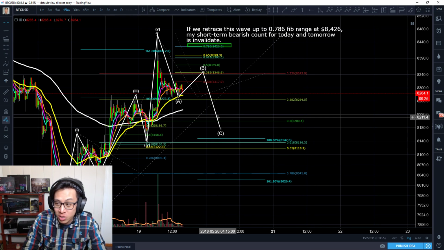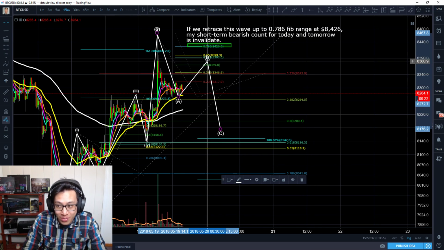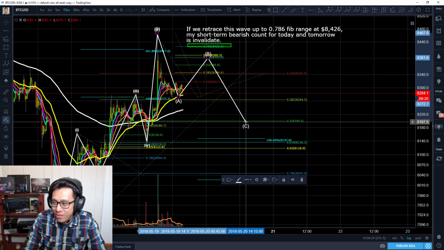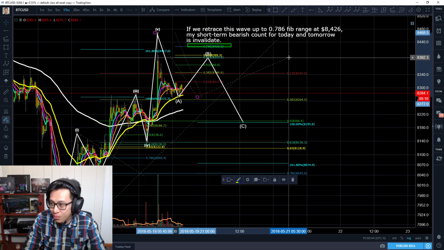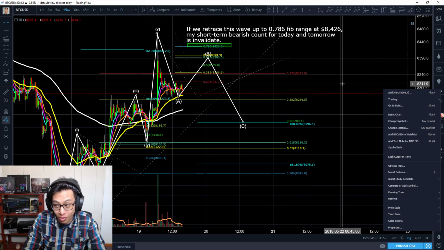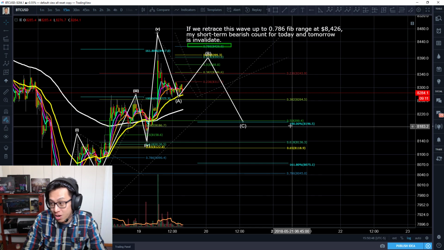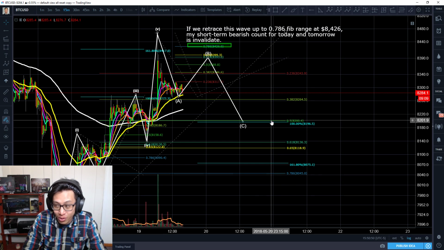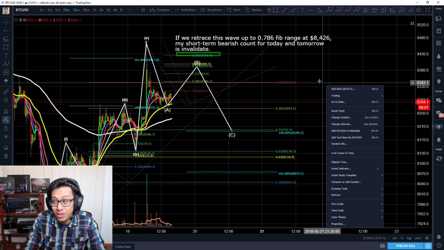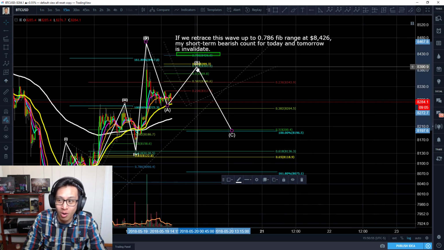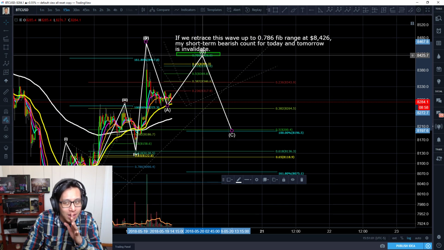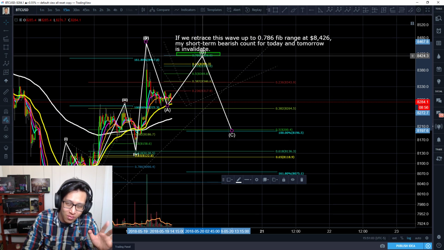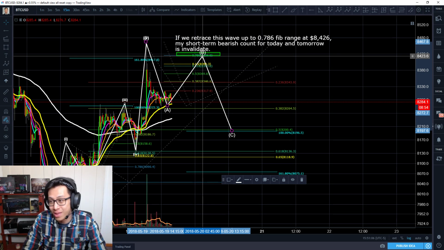But now, if all of a sudden Bitcoin decides to get all positive on me and completely ruin my vibe of the whole 1-to-1 extension thing there, right? So then now we're actually going to bring it up here. We're still going to go for 1-to-1 extension, but we're now going to target roughly between the 100 level and the 0.5 fib level, right? So it really depends. Now it could get all the way up to 84.26, right? Which I'll probably end up adding to my position. I'll probably end up adding actually at 84.50 to 84.75, and then I'll ride it to the next wave, okay?